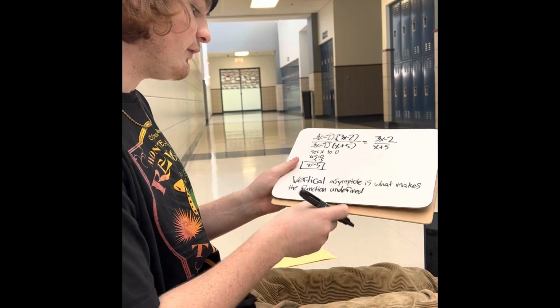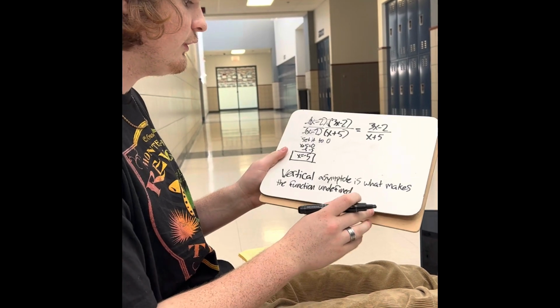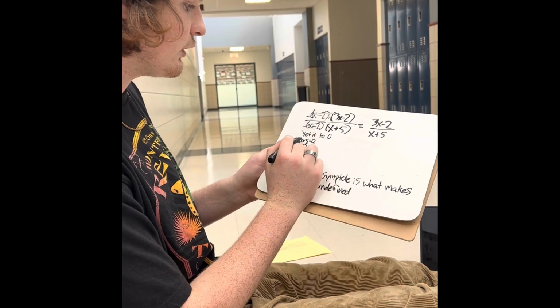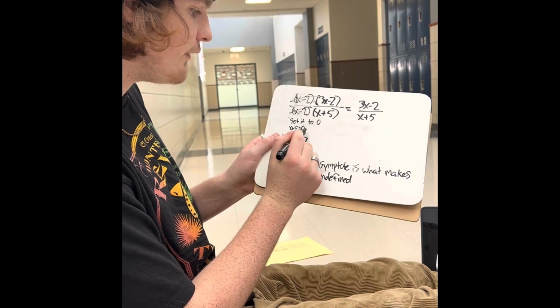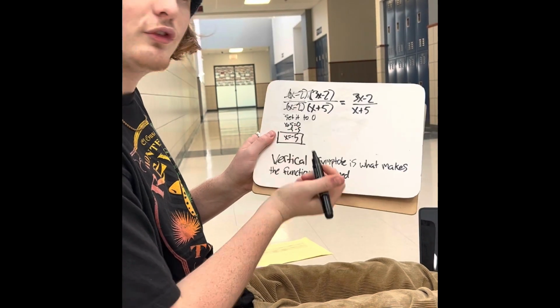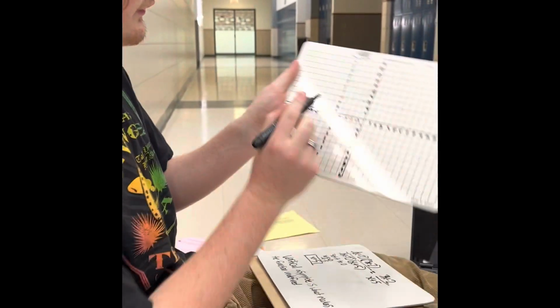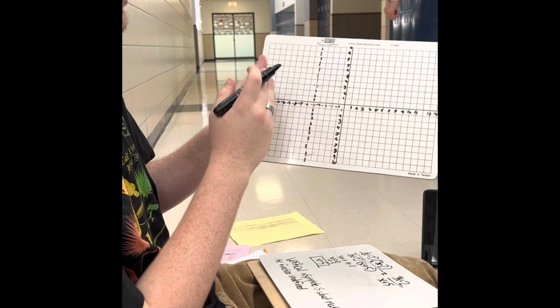To find the vertical asymptote, it's what makes the function undefined. So with your x plus 5, you're going to set it to 0. So x plus 5 equals 0, subtract 5 on both sides, and that's how you're going to get x equals minus 5. And for the graphing,